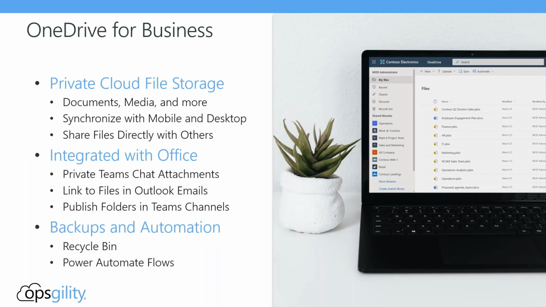So OneDrive for Business, if you're not familiar with it or you're concerned about storing your documents somewhere other than your own laptop or maybe a USB or an external device, yes, it is cloud storage, but it's private cloud storage for your organization that's been provisioned directly for you and private to your specific account. So when we're talking about saving something to OneDrive for Business to back